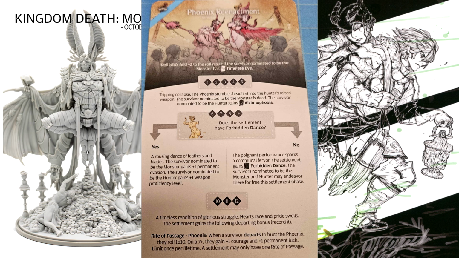So on a 1 to 5, trip and collapse. The Phoenix stumbles headfirst into the survivor's raised weapon. The survivor nominated to be the monster is dead. The survivor nominated to be the hunter gains ichnophobia, which is you can't depart with...